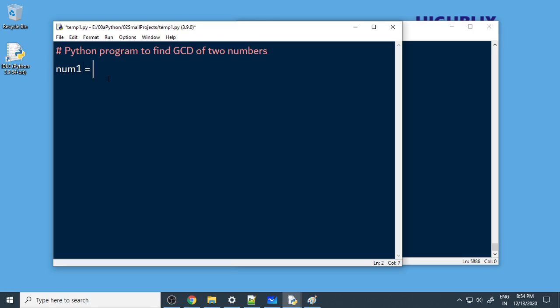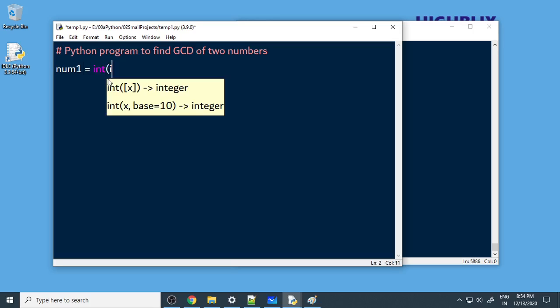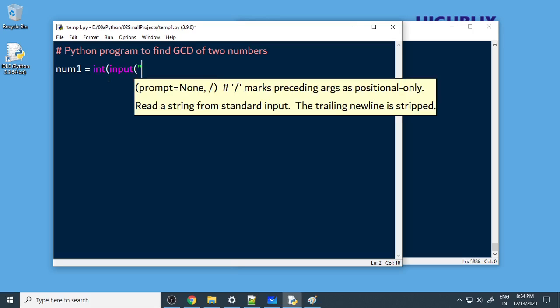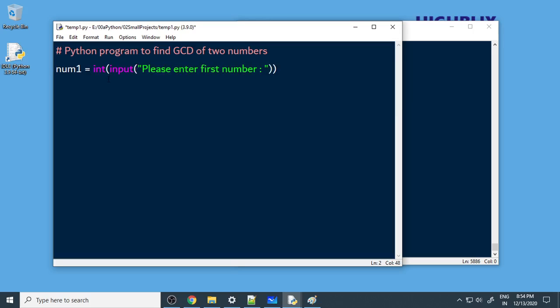So you can say int input, please enter first number. So this was the one number. For the second number, you copy and paste, you can say second number, and this is num2.